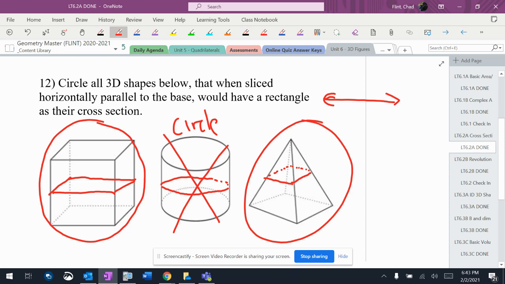And again, this is complicated because you've just got to be able to kind of picture it because it's very, very hard to